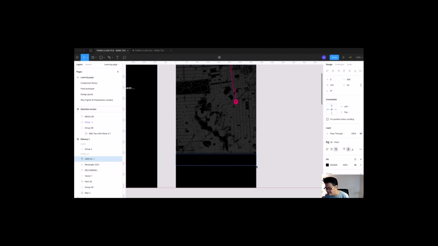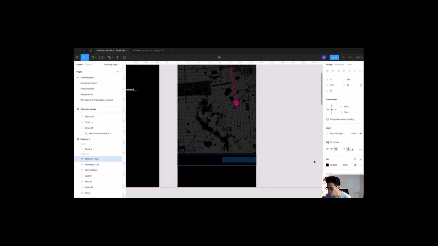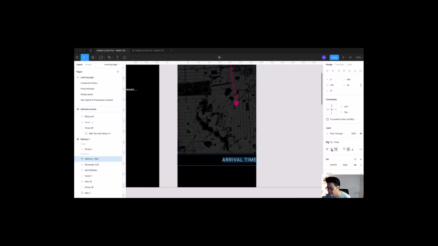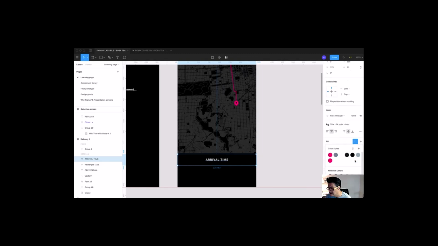So let's change this to white so you can see it, and we center it by doing the paragraph center here, and let's make it 14 points so we can change the color from white to the cool gray like that. All right,